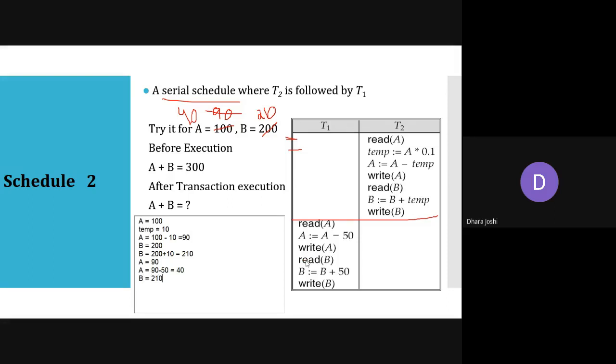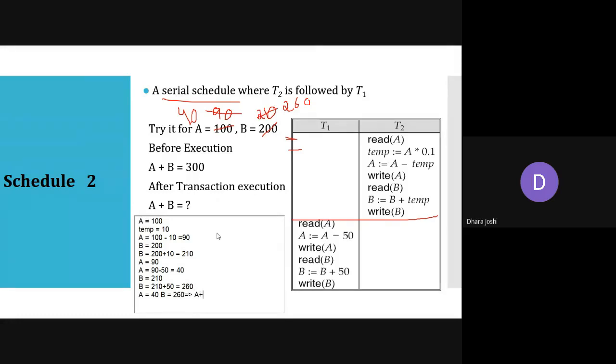So in the database it will be 210. We are adding 50 to this 210, so it will be 260. Okay, and it will write it into the database. So we have A equals 40 and B equals 260.